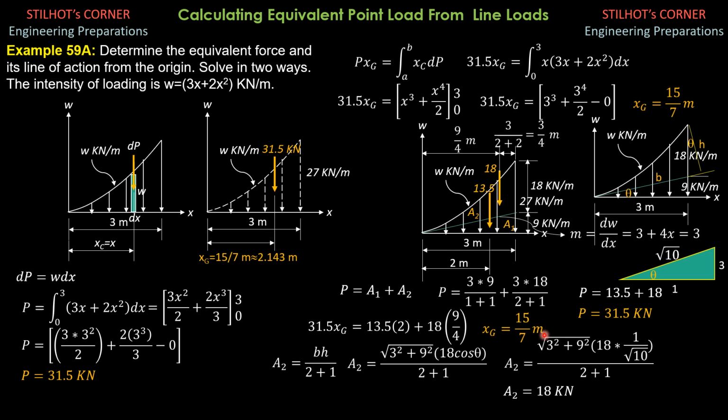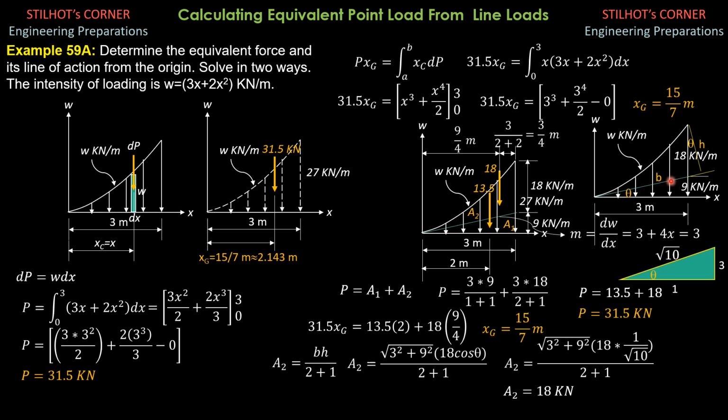Now, for the other way of computing area 2, if you don't like b times h over degree plus 1, which is this, then there is another formula, which is using this inclined base here, and therefore the perpendicular height would be this h. So I'll call this b, and this is h, perpendicular. So this is theta, tangent theta. Remember, tangent theta is the slope, 3, so this should be 3, this should be 1, and this should be square root of 10, since 1 squared plus 3 squared is square root of 10.